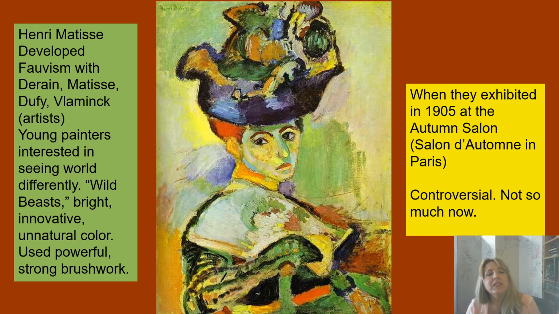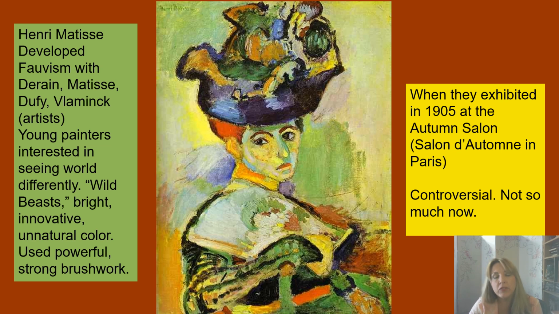So Henri Matisse is also known for developing fauvism, bright, unnatural color. The fauves were Derain, Matisse, Dufy, and Vlaminck. These were young artists that were interested in seeing the world differently, and they were also enthralled with color. And so they're using bright color. Very, very innovative, sometimes unnatural, but the word fauve actually comes from wild beast, and they thought they were these